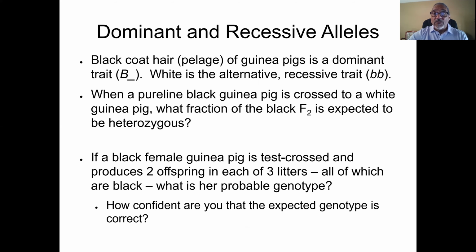Nowhere in the question does it even mention the F1. So genetics questions very often will give you the parents, and it is assumed that you know how to get the F1 population so that you can answer part 2, which is what fraction of the black F2 is expected to be heterozygous. So you know that the black guinea pig is homozygous, you know that the white guinea pig